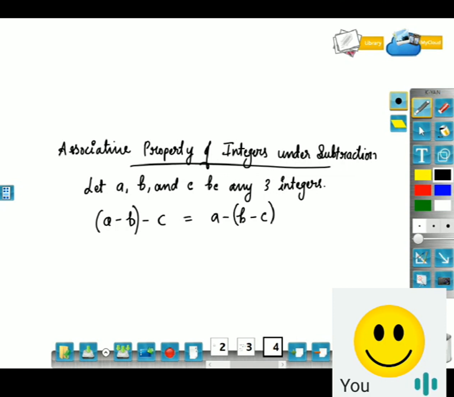So now let's put some values for A, B and C, and we will check whether we are getting LHS and RHS same or not. Okay. So let us try with some values for A, B, C. A is equal to 5. 5 is an integer. B is equal to -3. That is also an integer. And C is equal to 1. So now all of you check whether your LHS and RHS, left hand side of the equation and right hand side of the equation, are equal or not by putting these values.